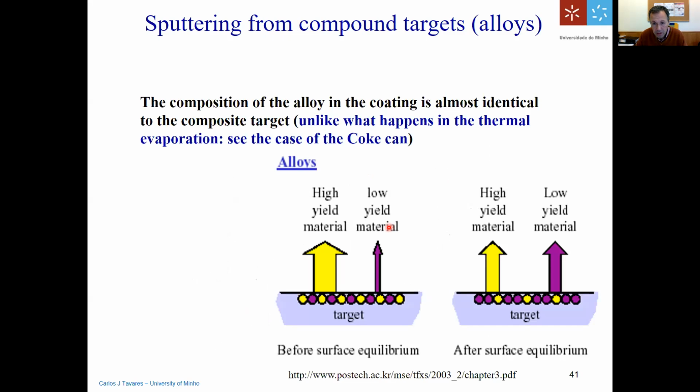For example, if you want to make a sputtering from a composite target which has silver and titanium, and you want a coating which in the end has a 50-50% composition, you cannot make the target using a vacuum melt of these two metals to make an alloy. You cannot use 50% of each metal in the target because silver will have a much higher sputtering yield. So you have to put much less silver, 5 times less, for example,